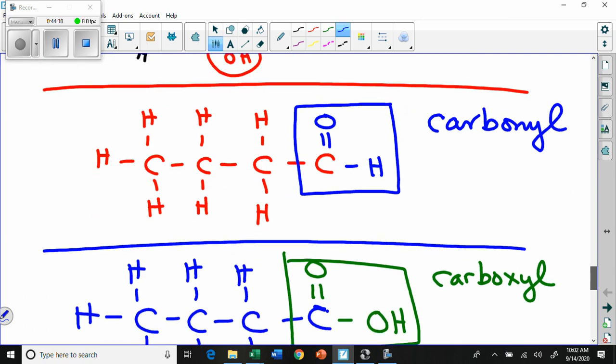So let's do this one. I could have written C4, because there are 4 C's, right? Actually, no, I would write C3, sorry, because this is part of the functional group. This carbon here is in the box. So what I would write is,